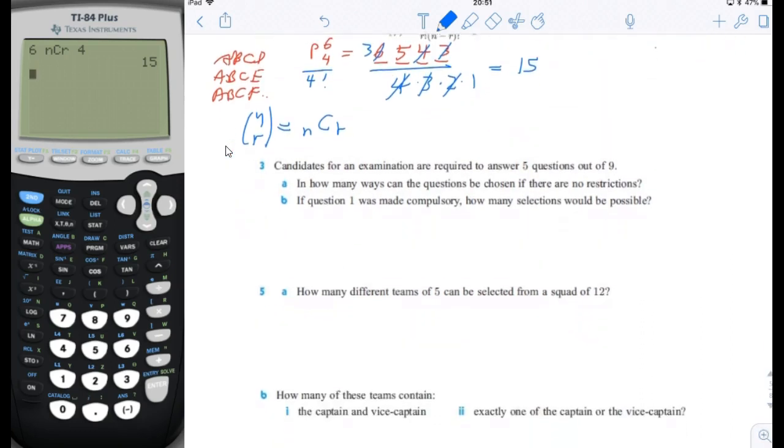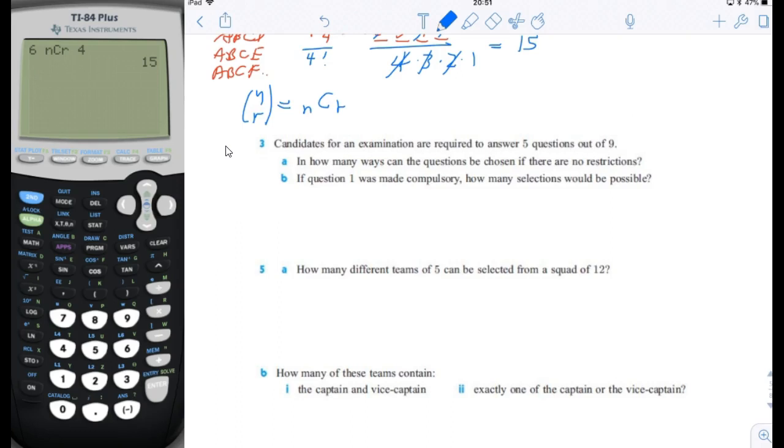Number 3, candidates for an examination are required to answer 5 questions out of 9. In how many ways can the questions be chosen if there are no restrictions? If question 1 was made compulsory, how many selections would be possible? So 5 questions out of 9, we don't care about the order that we do the questions, so this is a combinations problem. So basically what we're doing is 9 chooses 5, and 9 chooses 5 would basically be